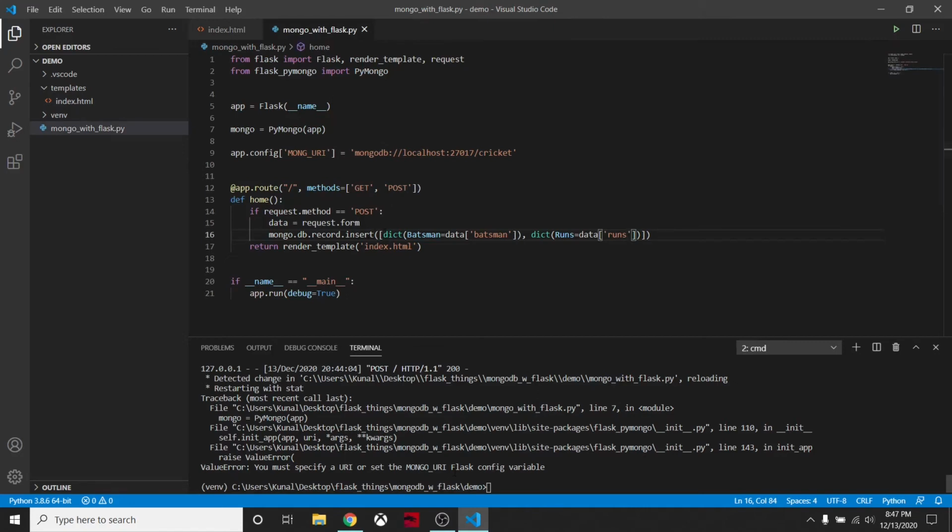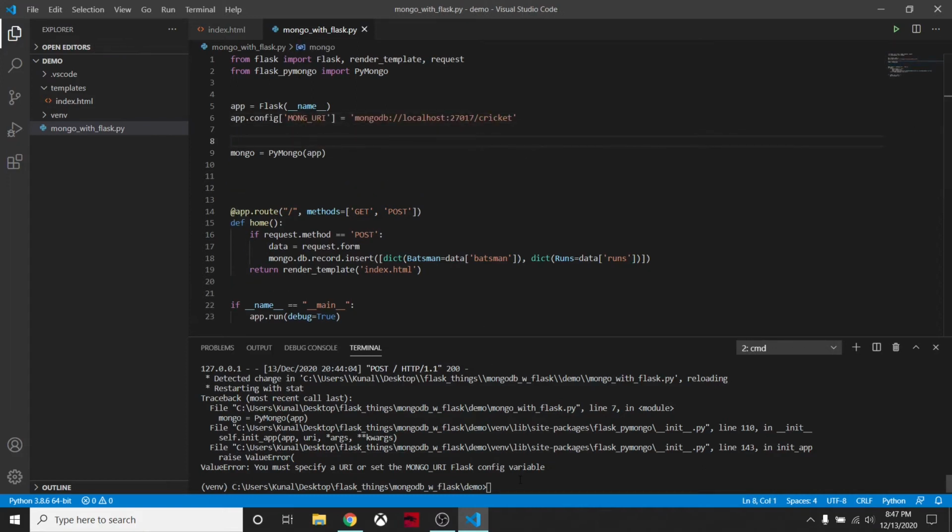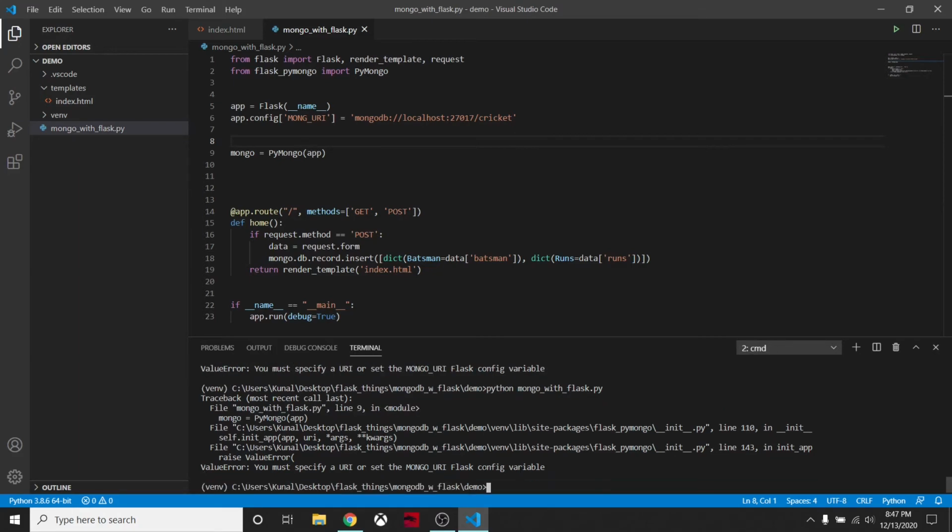Okay, there is some error. What is this? You must specify a URI or set the Mongo URI Flask configuration. Okay, so I have to set it before creating an instance of Mongo. I'll cut it from here and paste it here. Let me rerun this Python Mongo with Flask file.